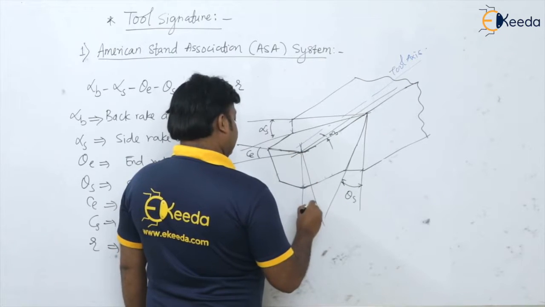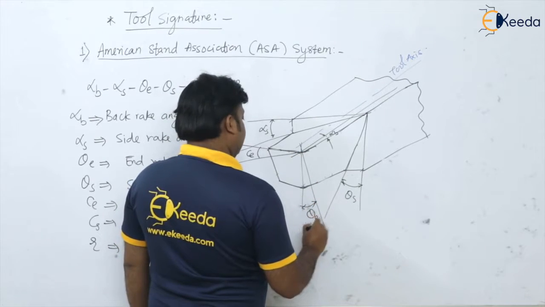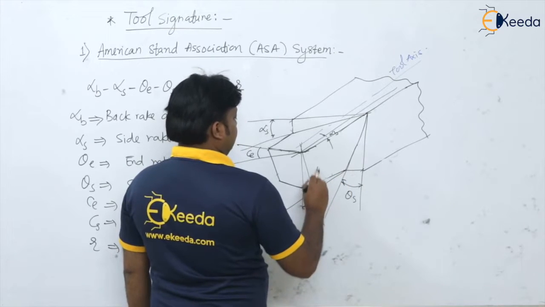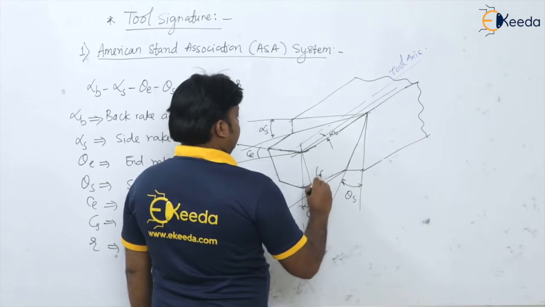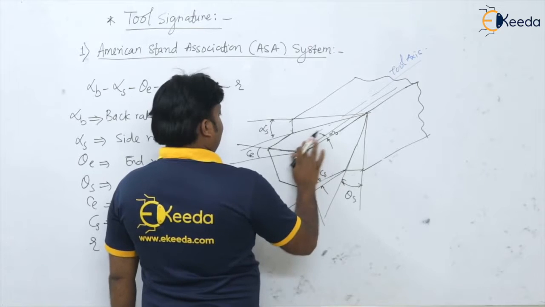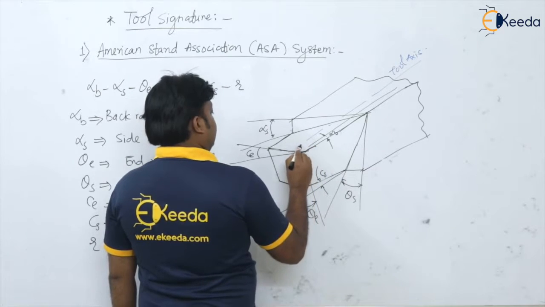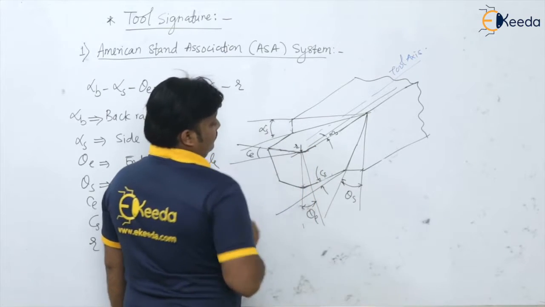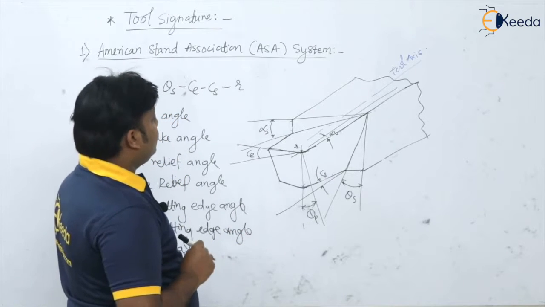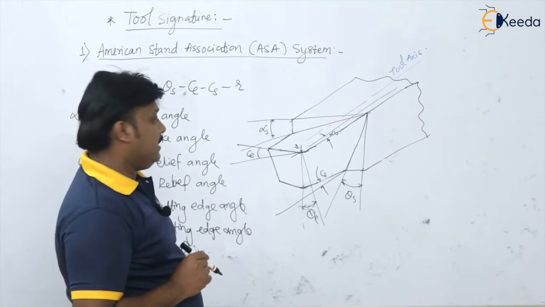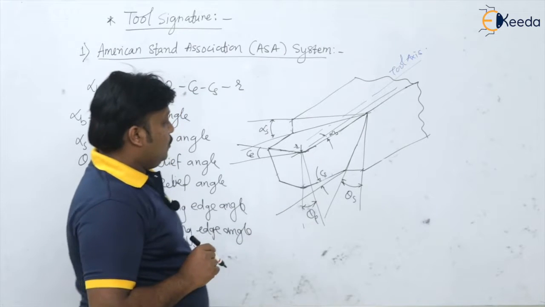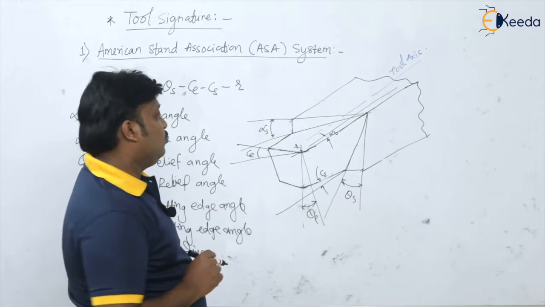This is the end relief angle, and this is the side cutting edge angle, and of course this is our nose radius R. Okay. So these are the 6 angles and 1 linear dimension we are having on the single point cutting tool by the